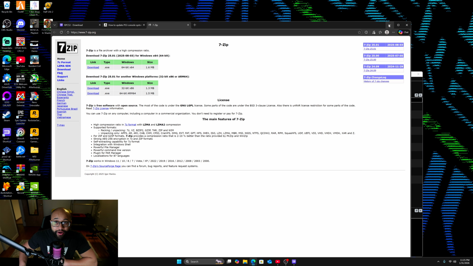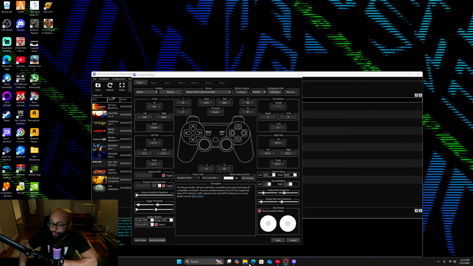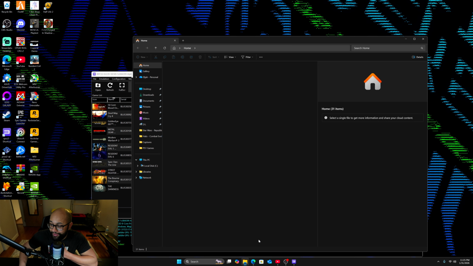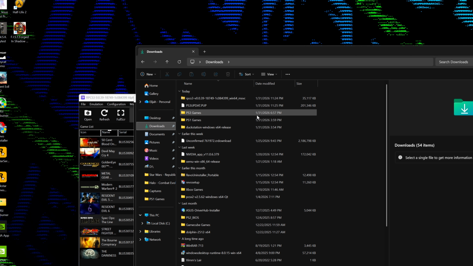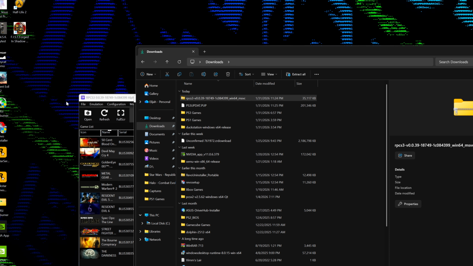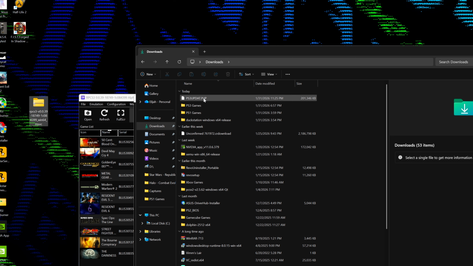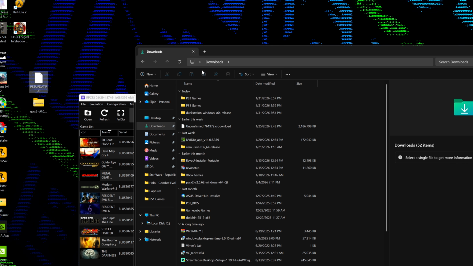Now with all these files downloaded, we're going to go to our folder. Obviously I have the emulator already downloaded, but I'm going to walk you guys through it. For those of you who are new to this, go to downloads where everything is. Now you're going to want to extract your RPCS3. So I'm going to bring it to my desktop for a second. I'm going to also bring my PS3 update out here too, so it doesn't get mixed up with my other